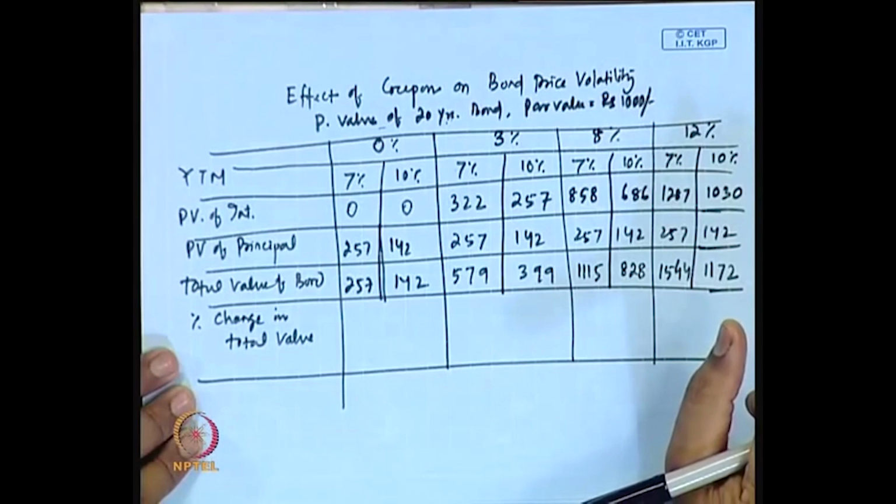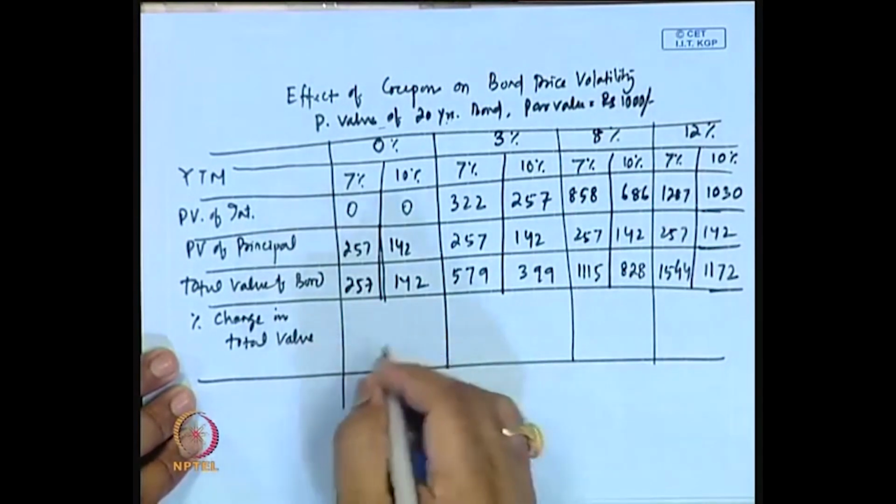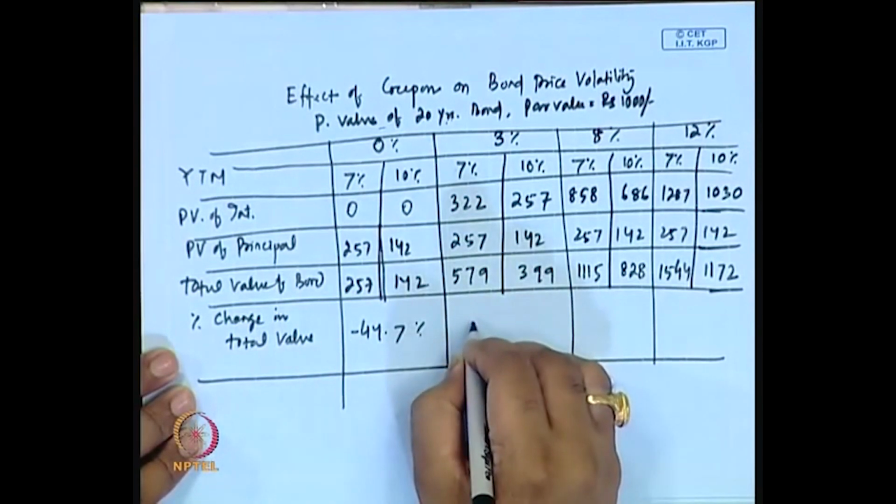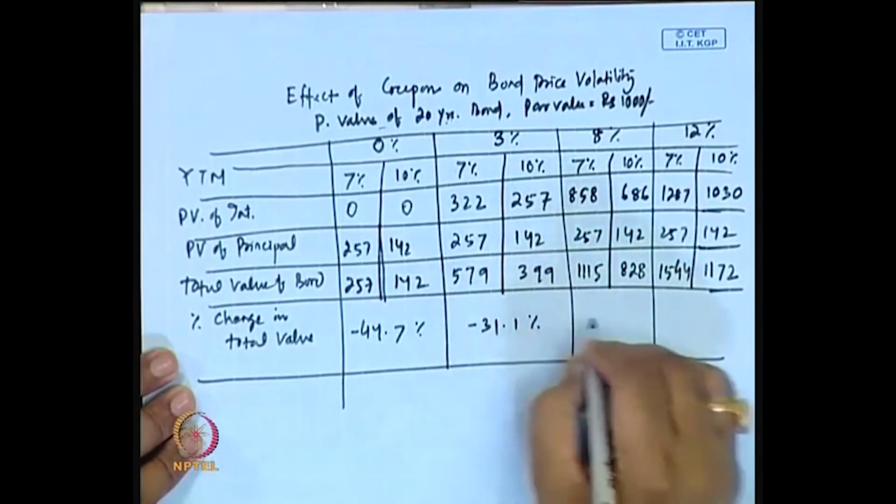Then if you see the change, it is minus 44.7%, this will be minus 31.1%,